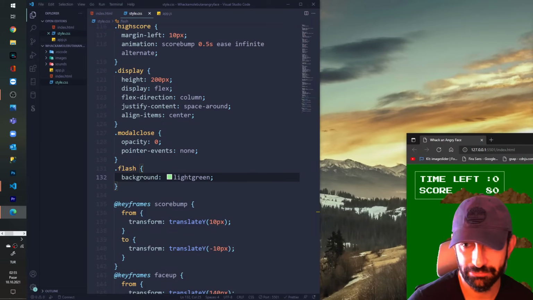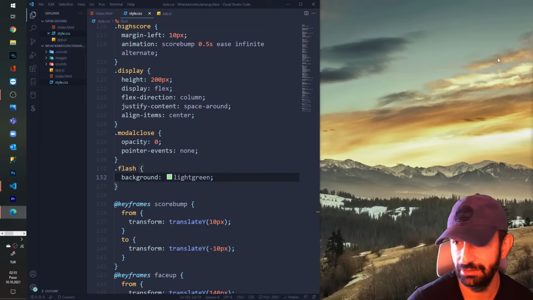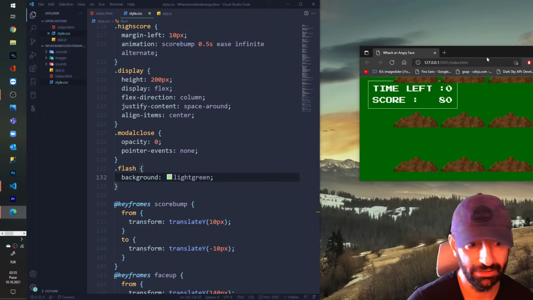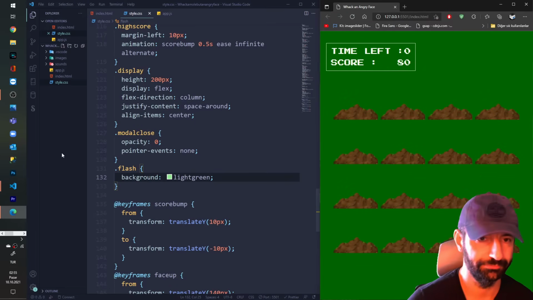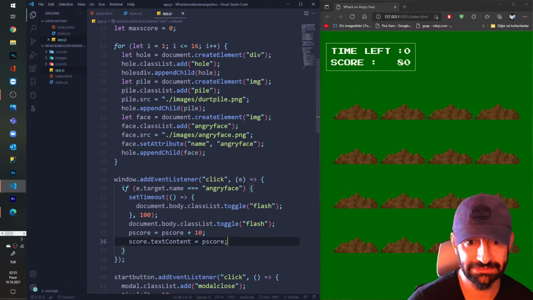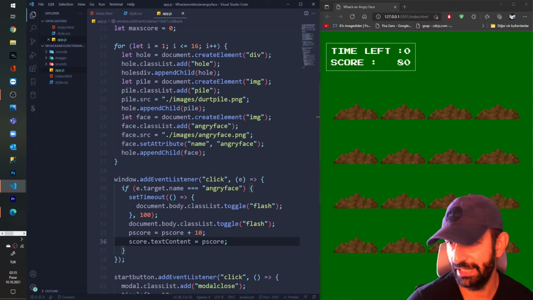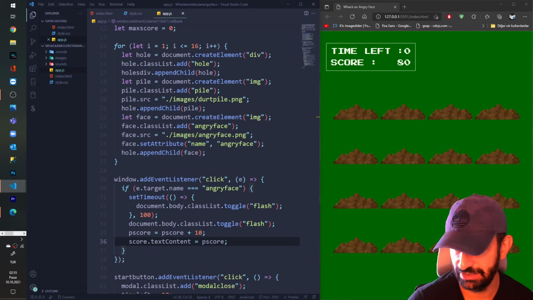Now I'm gonna make the modal pop up because the game ends. Let's go back. Flash, 10, score 10. Nice.